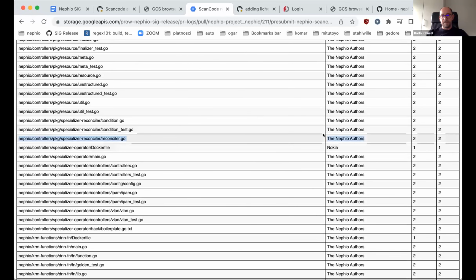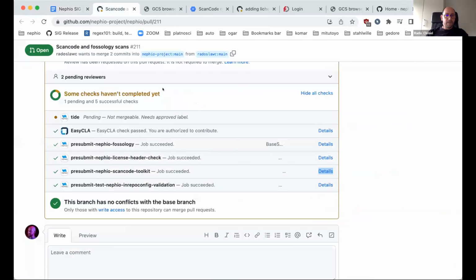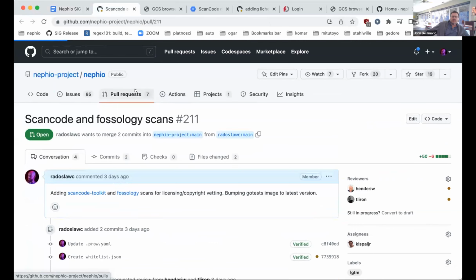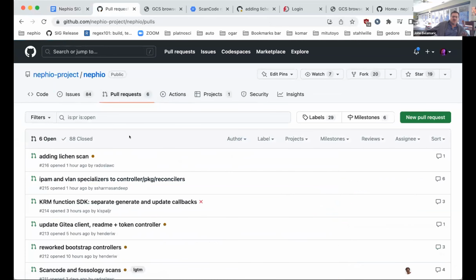For the lichen scan, let me check. Right now, these are scanning and checking, but they're non-blocking. Is that correct? Yeah. So you can merge this code. They're just informational. Okay, at some point, maybe in a week or two, we want to do a little